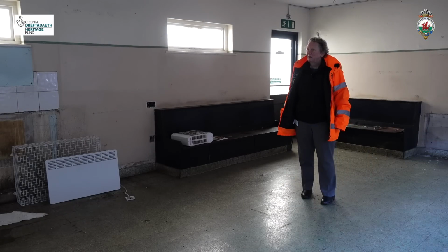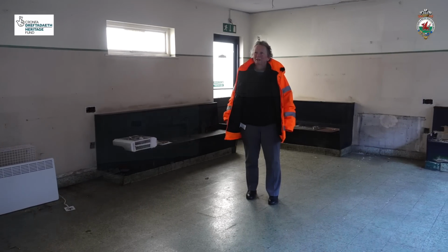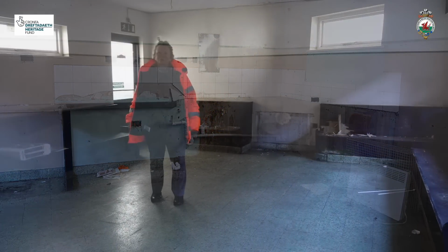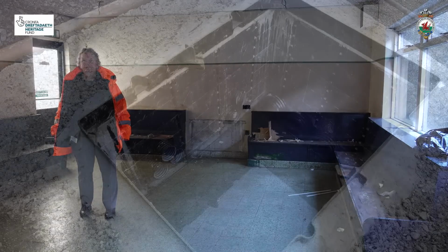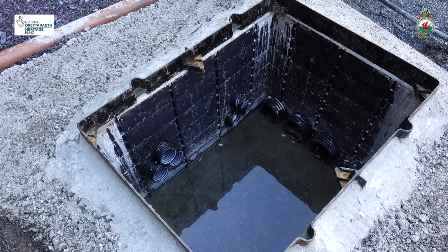So this will be the last view of the den. We had a volunteer team helping us strip it out last week, ready, and the first thing that's going to happen is the asbestos contractors are coming in to rip out the ceilings, and then sadly it's time to say goodbye. So you can see we're putting lots of new inspection chambers here, which are a little bit bigger than